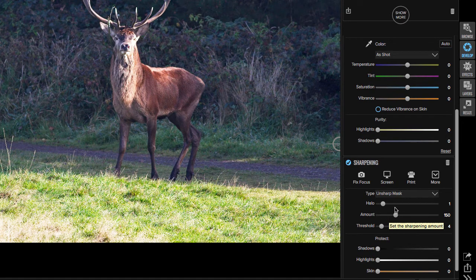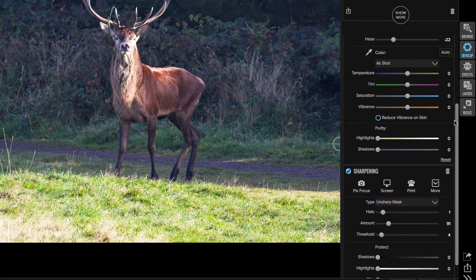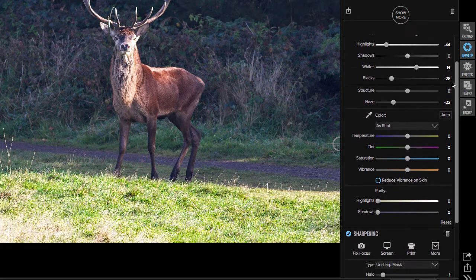That's looking nicer already. Bring the amount down slightly. It's quite a sharp picture anyway. I don't want to overdo it. So that's looking okay. That would be probably one of the last things I'll make the most alterations on, would be the sharpening. Usually do everything else first. Okay, so